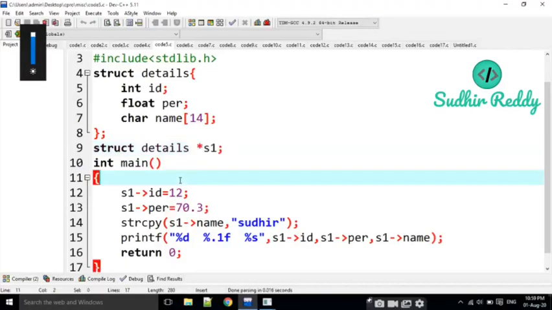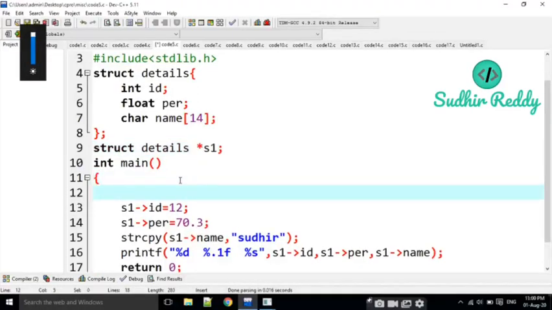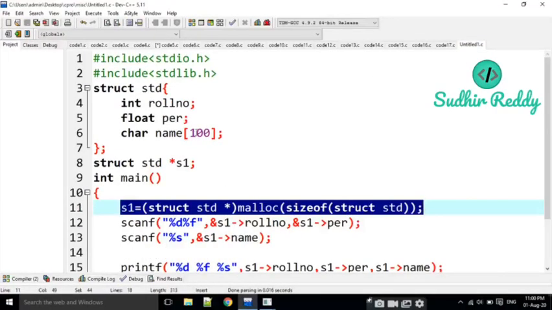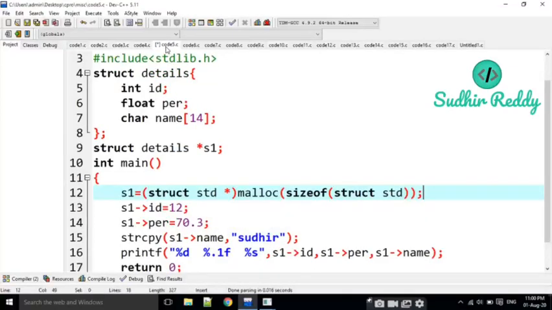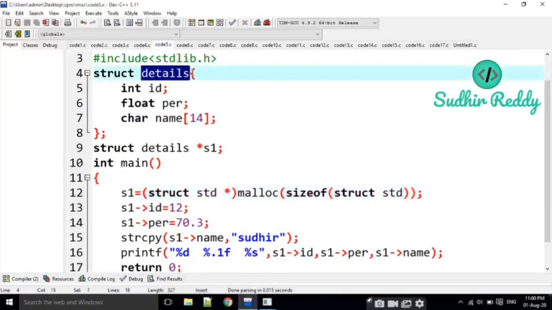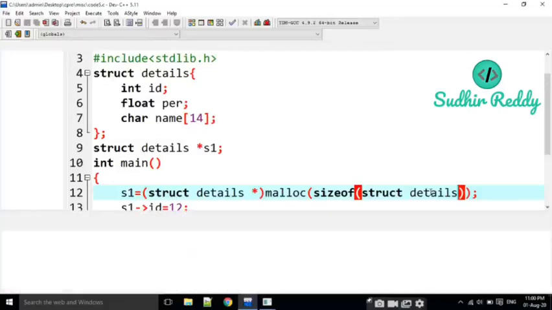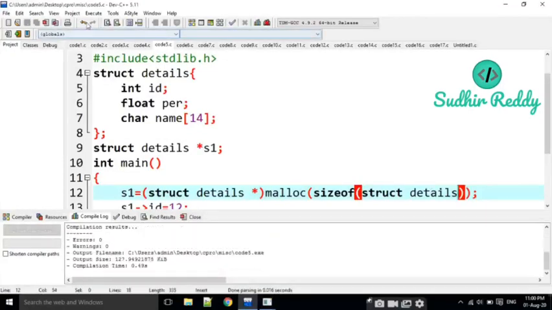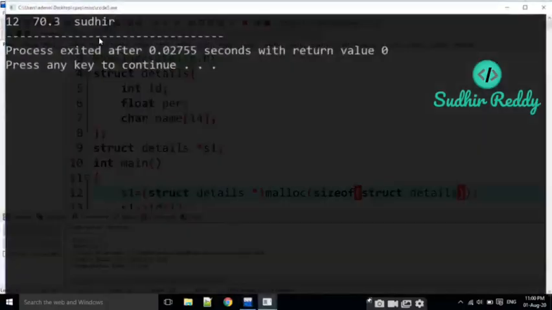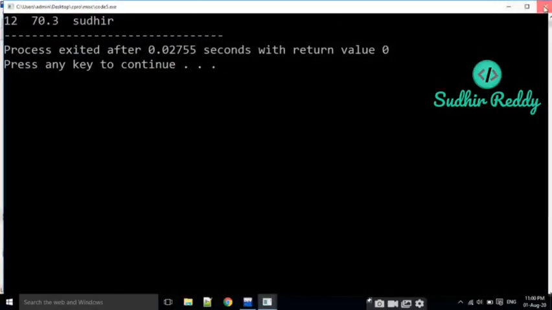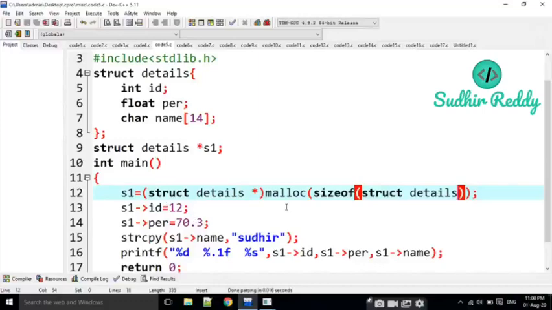That means, how do we overcome this one? For example, the same thing that we wrote here, just copy this and paste it here. Instead of std, the name of the structure is details, and I am going to maintain here details. If I execute it, it is going to print like this. If you are thinking that struct details is going to be very big here,